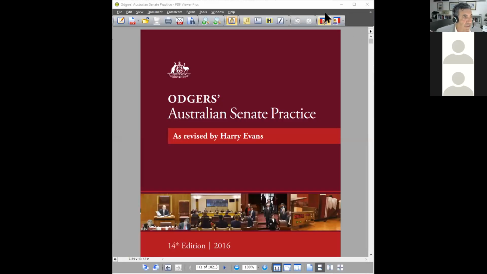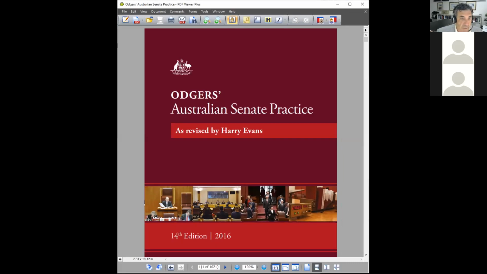All right, so this is the PDF version of the same document, the 14th edition, 2016. It's a bit scary because you'll see it runs to over 1,000 pages. So we don't want you to read all of this, but Chapter 15 deals with drafting delegated legislation. In order to understand how to draft delegated legislation, the first thing we need to do is consider the distinction between primary and delegated legislation.